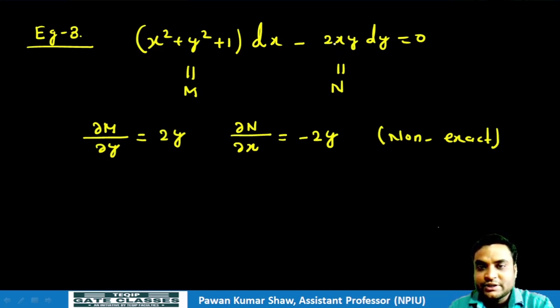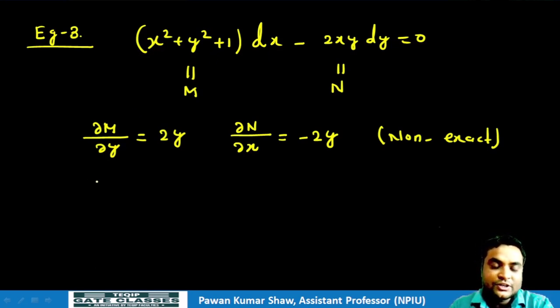Even this term, that is 2xy, is homogeneous, which has degree 2, but this is not a homogeneous term, so we cannot apply rule number 1. If you come to rule number 2 or type 2, if you are able to write y times a function of xy dx plus x times a function of xy dy, but here it is not possible to write that either. So now we are going to apply rule number 3.